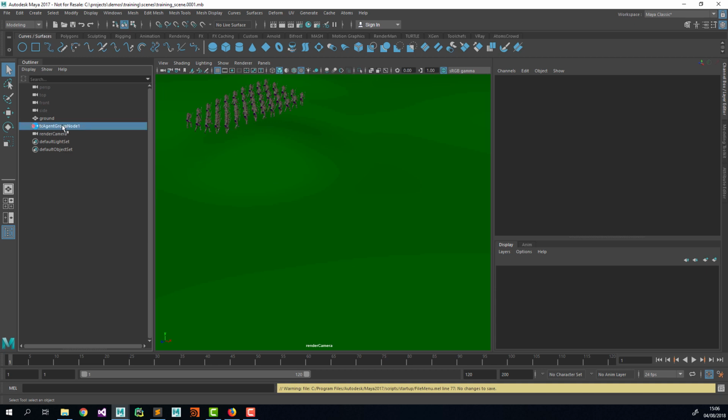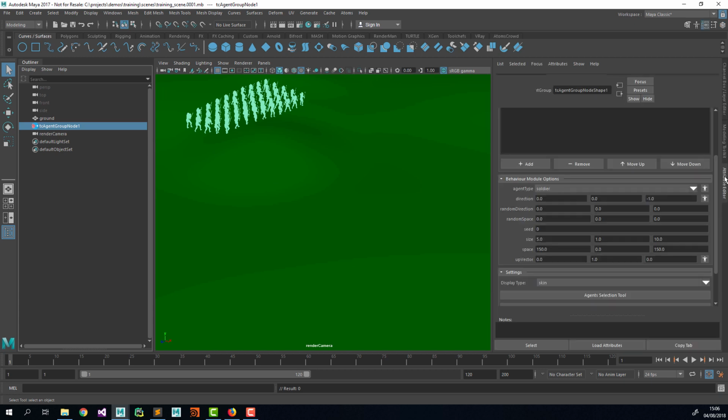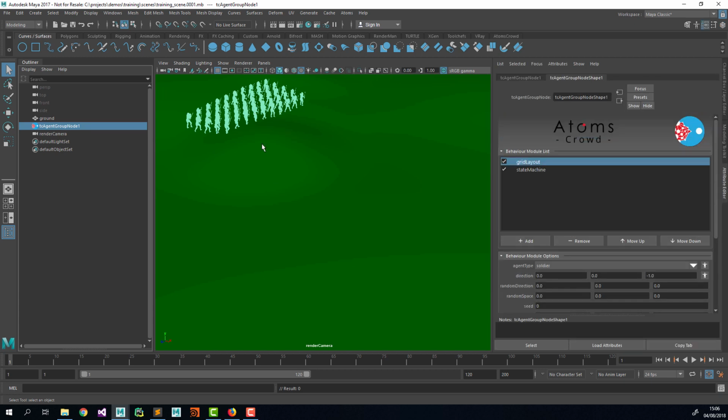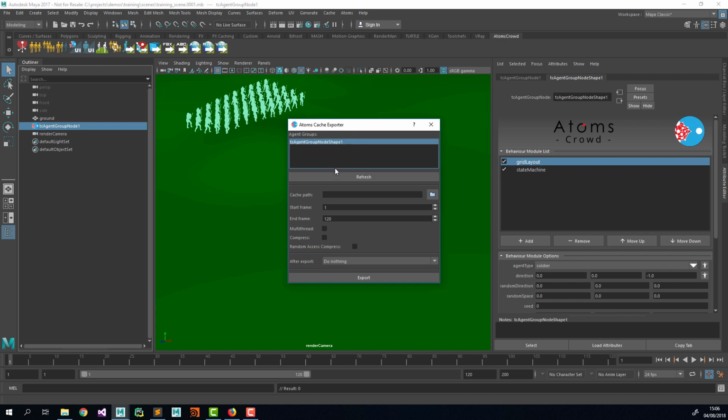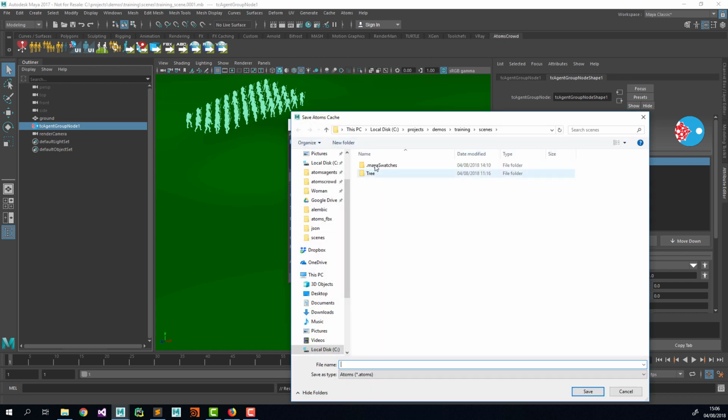Okay, so first thing that we're going to do is I would like to have more agents here. So instead of creating a new duplicate of this group, because you could do it with the duplicate button in the shelf, I'm gonna actually use a different approach. So I'm gonna cache it out. I'm gonna cache this group out. So let's go in the cache,